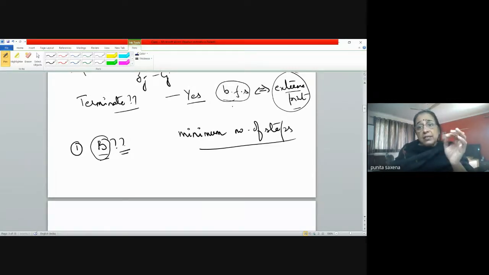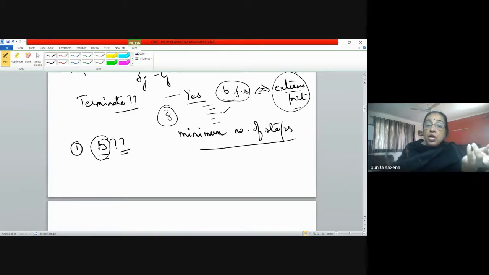One way was the one we did graphically. We computed Z at every extreme point, and then we chose the optimal, right? But here we are not doing that. We are not solving graphically, so we don't know which extreme point will give us the solution. We are just hopping from one solution to another, to another. So obviously we want to reduce these hoppings, the number of iterations that you are performing.